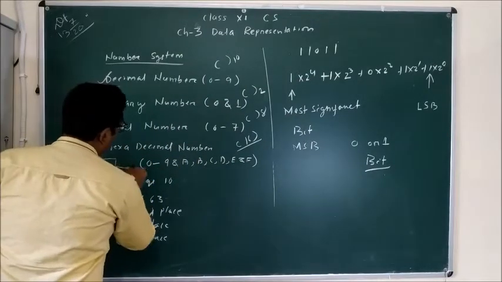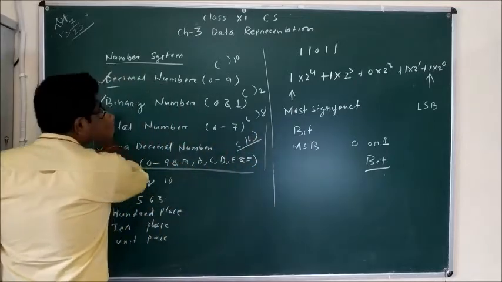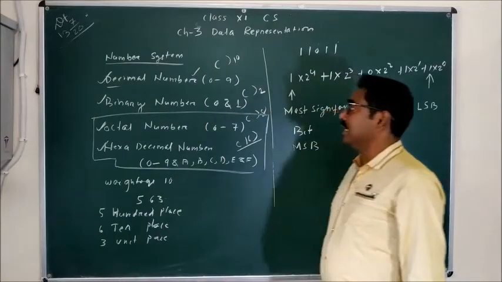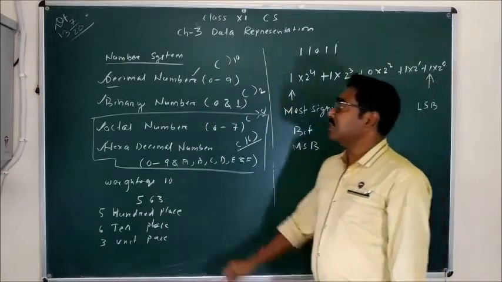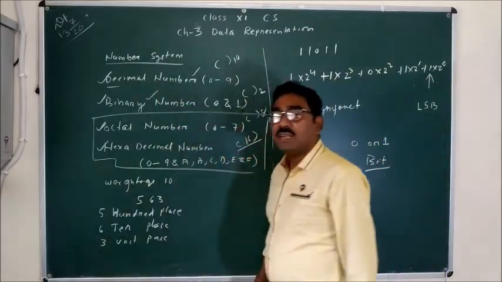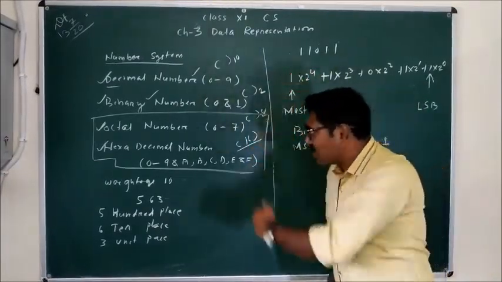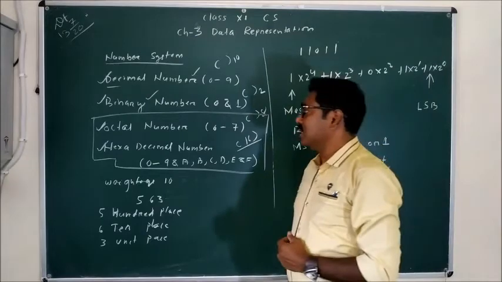These two numbers look useless in the case of a computer, because using the decimal number system we can represent any number, and using the binary number system we can represent any number in a computer. So these are the different stages of the evolution of number systems.